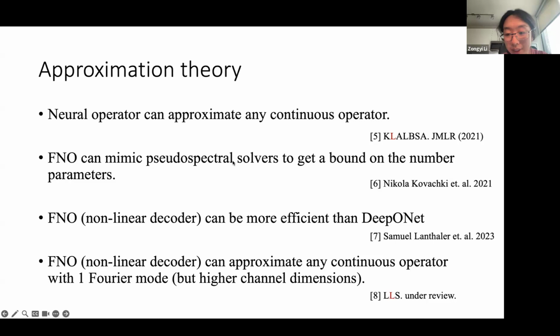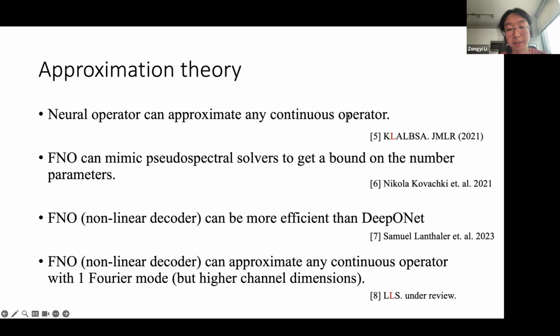So after we developed the Fourier neural operators, we have some theoretical work to show it can be used to approximate any continuous operators. And for specific problems, we can also get a bound on the number of parameters and computation flows to get the solutions.